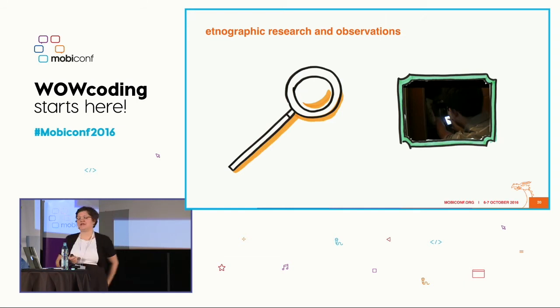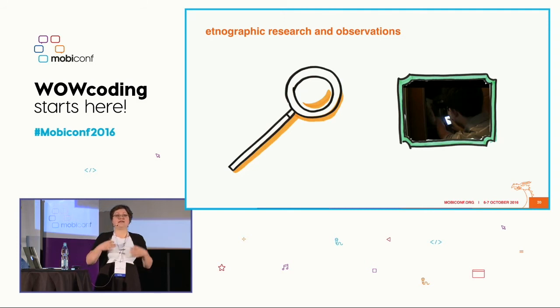So let's start with observation. Observations are the best source of inspiration because they let you learn about what users do and not just what they think they do or they wish they did. Very often, you learn more through observation because people are not even aware of the things they're doing. They would be surprised at what they did. You can also learn more about the role of the environment, the distractors, so how the environment affects the interaction